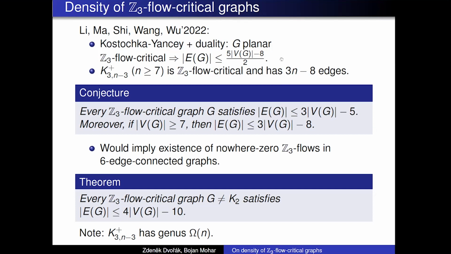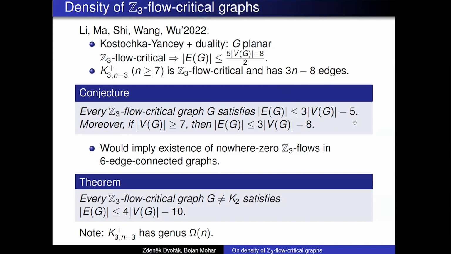So they also observed that if you take the graph K_3 and n minus 3, and you add one more edge between the vertices of this large degree, degree n minus 3, the result will be Z3 flow critical, and it actually has 3n minus 8 edges, so significantly more than 5/2 n minus something. And they conjectured that this is actually the right answer, except for some small